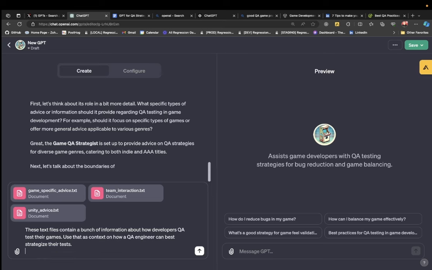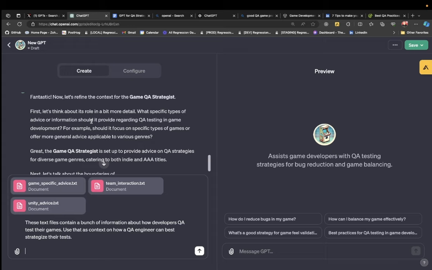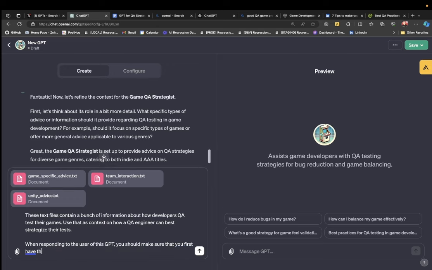And then also I'm going to inform the GPT that it needs to prompt for information about the game. So, when responding to the user of this GPT, you should make sure that you first have the context on their specific game. You should prompt them for the following: